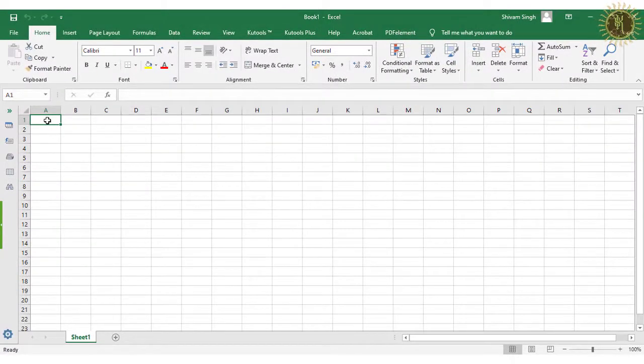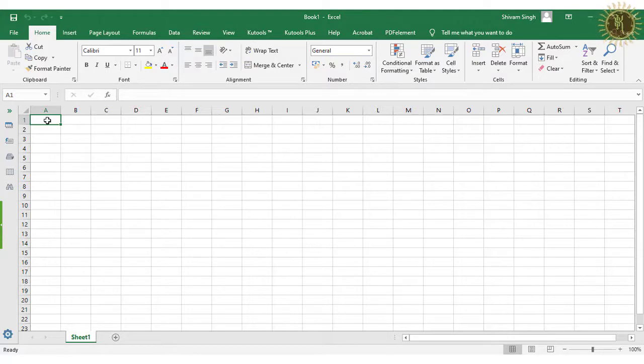Also you can move the cursor with the arrow keys. With the help of these keys you can select whatever cell you want to format.